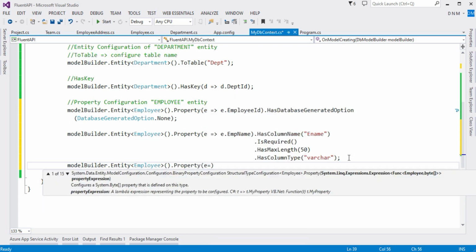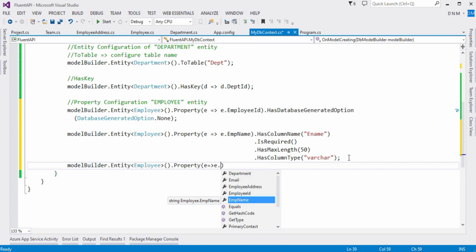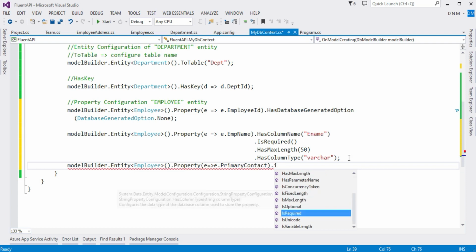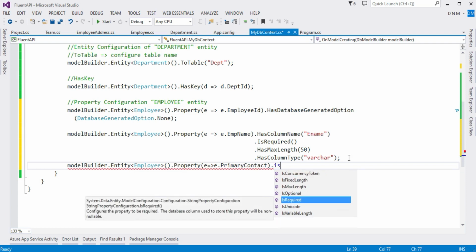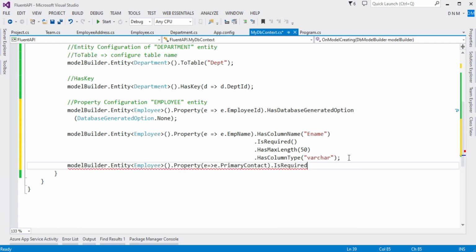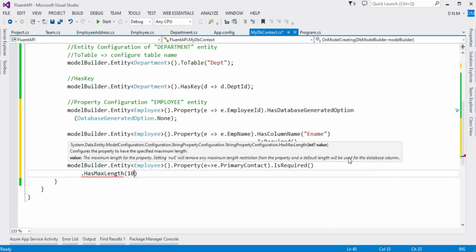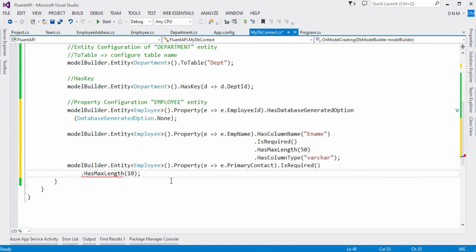Which property do you want to configure now? Primary contact. And you want to specify the column size. Again you want to make this column a compulsory or not nullable column, so you will call the IsRequired method, then you will say dot HasMaxLength, say of size 10. Okay, done.